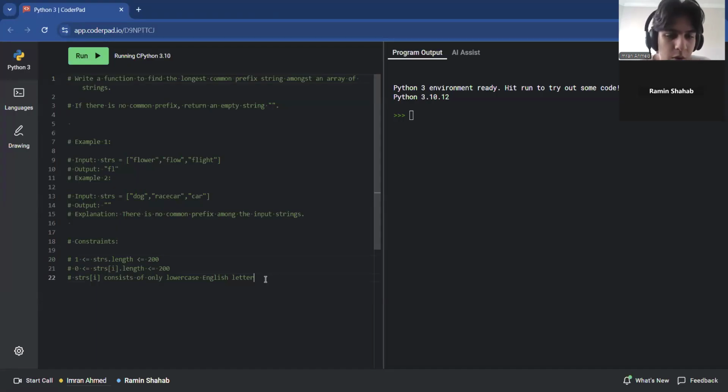So just to run through the question, write a function to find the longest common prefix amongst an array of strings. If there is no common prefix, return an empty string. Your first example is strings is an array having flower, flow, and flight, and the output is FL. For the other example, it's dog, racecar, and car, and it's an empty string because there's no common prefix. Okay,